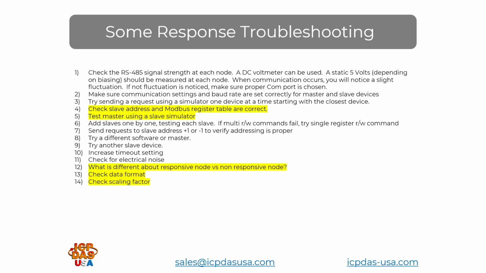Here is actually pretty much what I just said, but I highlighted some of the things that are most important when you get some response. So the most important ones are check the slave address and the Modbus register table are correct, because I've seen that many a times when customers are pulling the wrong register. Sometimes it's due to the manufacturer of the table not being